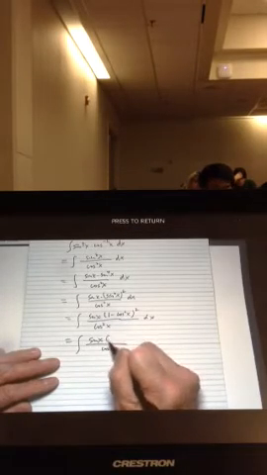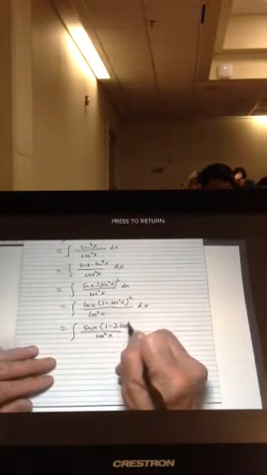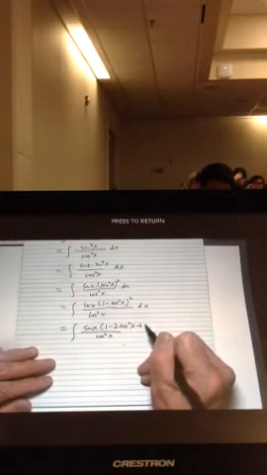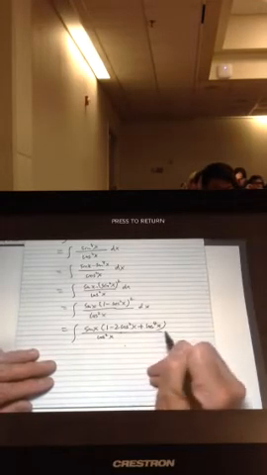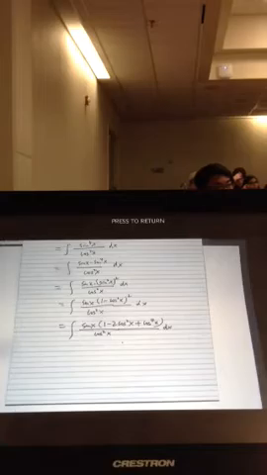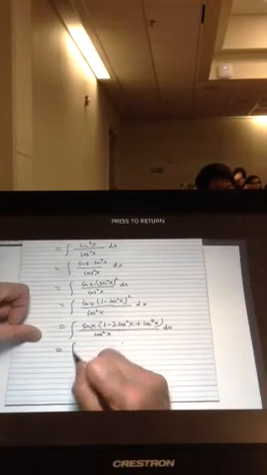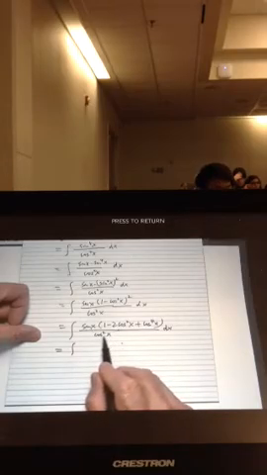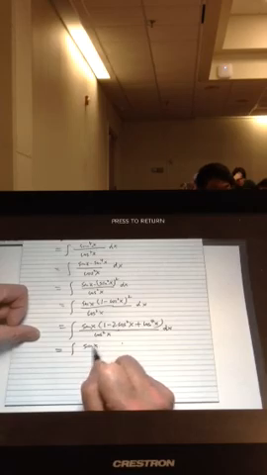So this is 1 minus square of this, 1 minus 2 times cosine square plus cosine to the 4th. So you see, I can break this into 3 terms. First term is sine x over